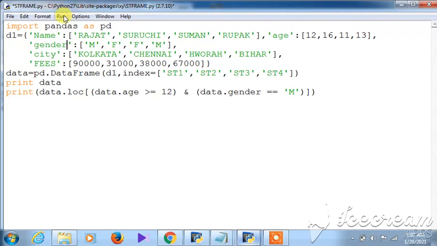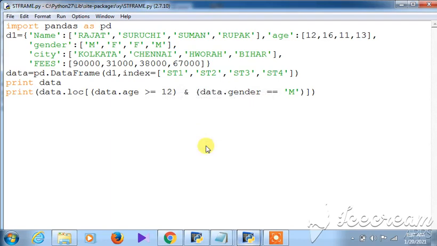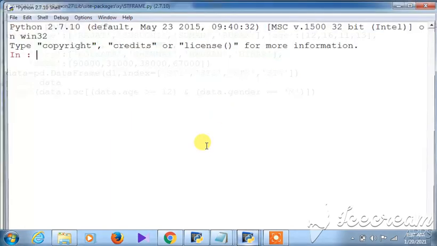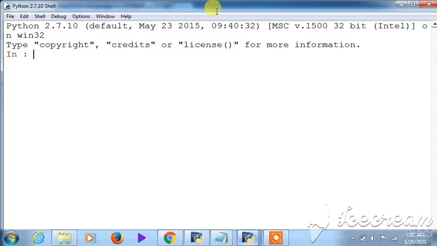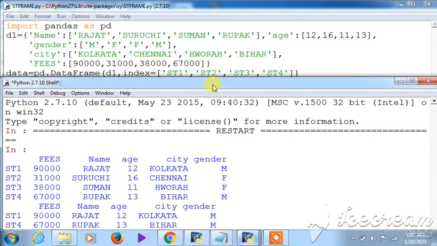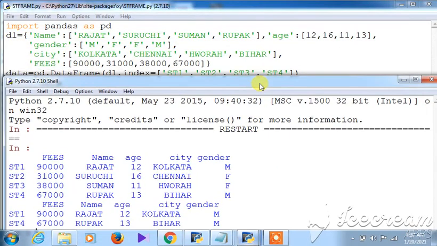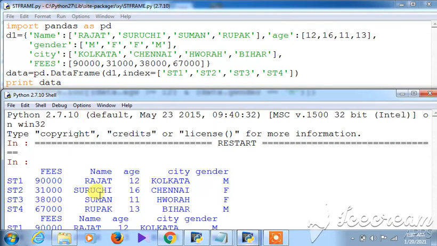Now we are finally executing this particular program. Let us check the output, and once we verify the output, we will be able to understand this. So that is question number 2 that we are finding the solution for. Up to here you can understand the data frame will be printed, since we have given it like this. The output has appeared here, and up to print the data frame has been printed.